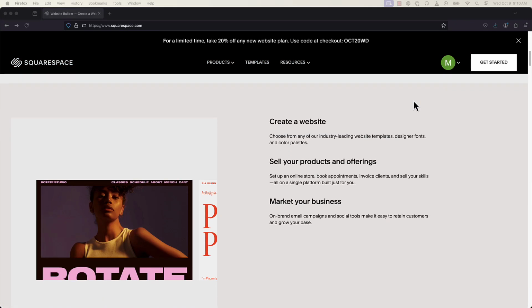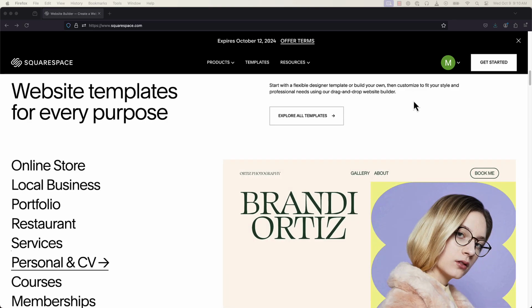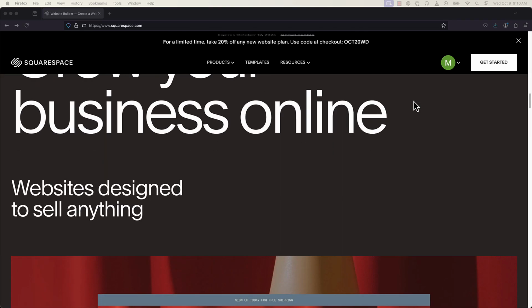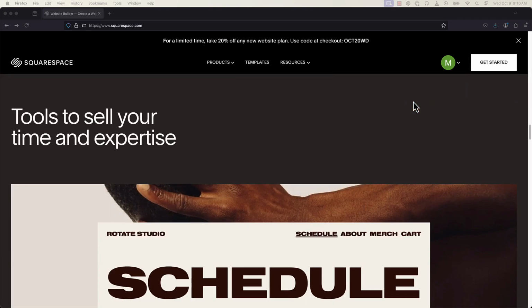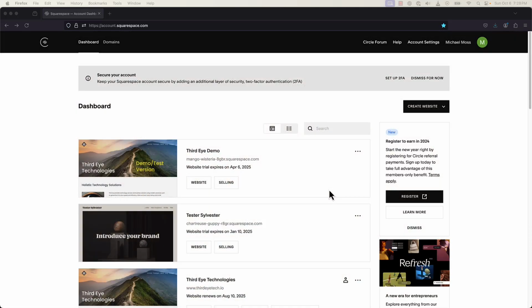One of the main benefits of a Squarespace website is that it is a simple and approachable platform that anybody can use to manage all aspects of their website. Jumping right into it, we've logged into our account here, which brings us to our dashboard, where we can click